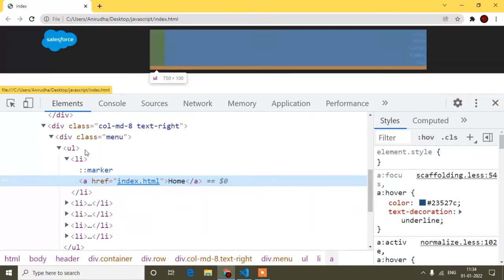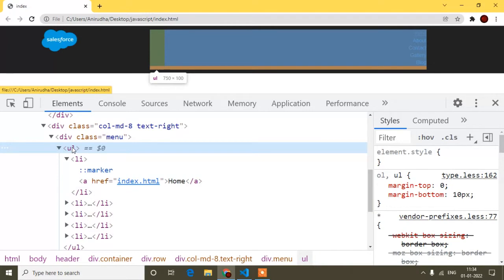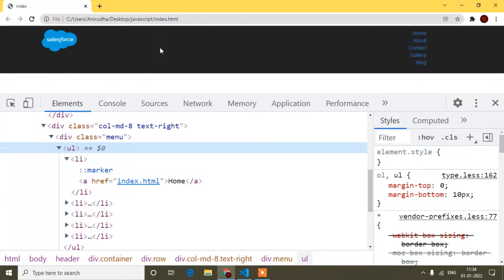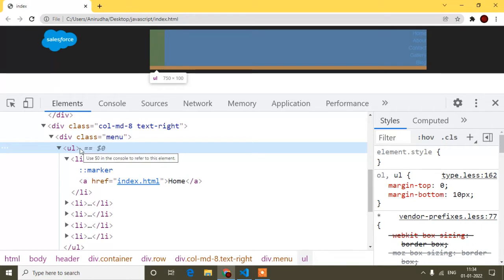Okay, so now I will go to the UL. If I hover on the UL, you can see here you just notice some green color extra thing and some orange color extra thing on the bottom. Okay, so the green color is the padding. By default the UL tag has a padding, and also a margin. This bottom orange color is a margin and this green color is a padding.